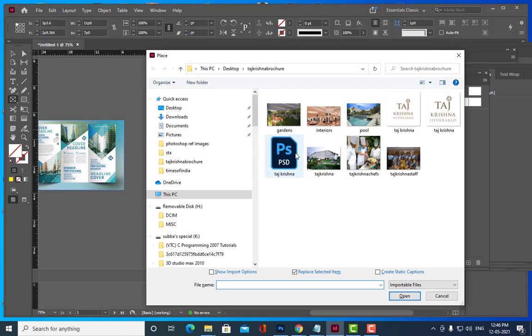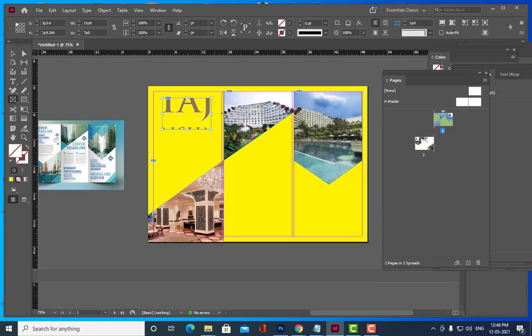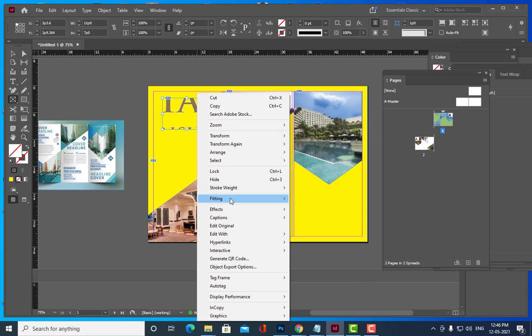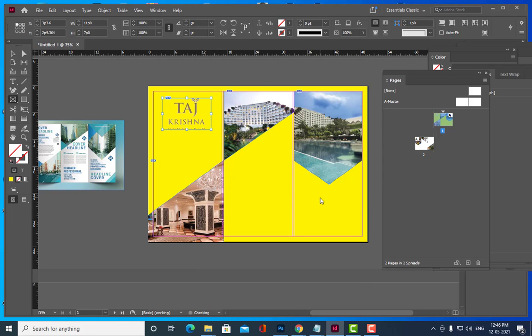So where is our PNG file? Yeah. See, now we got transparency. We can then try to scale it down a little bit.